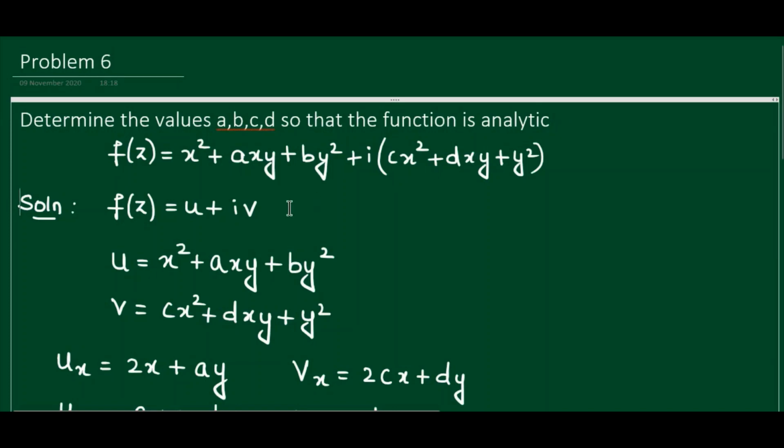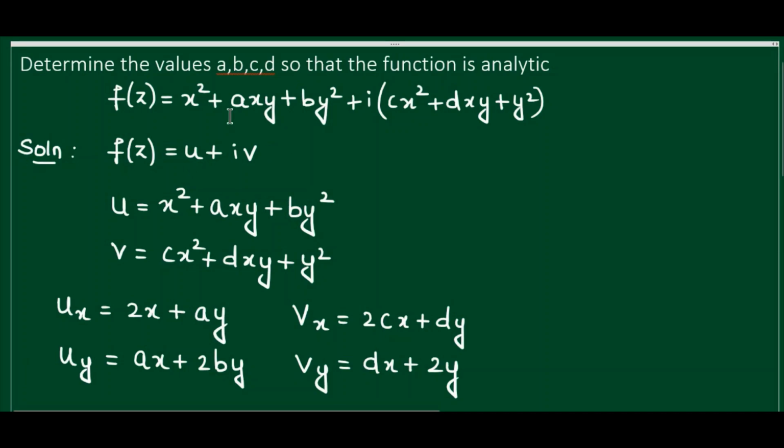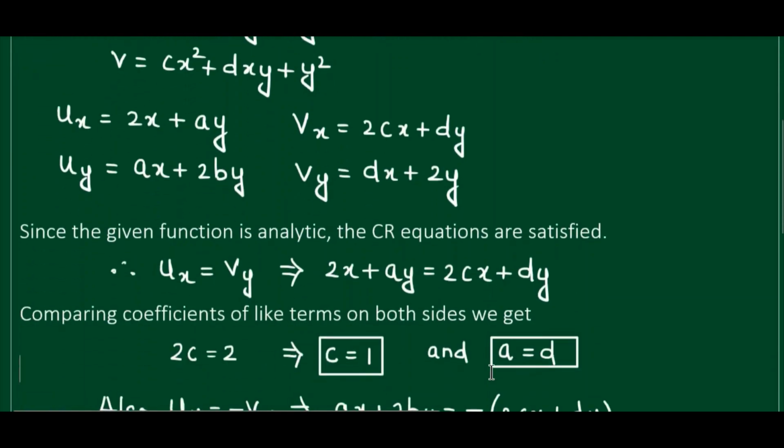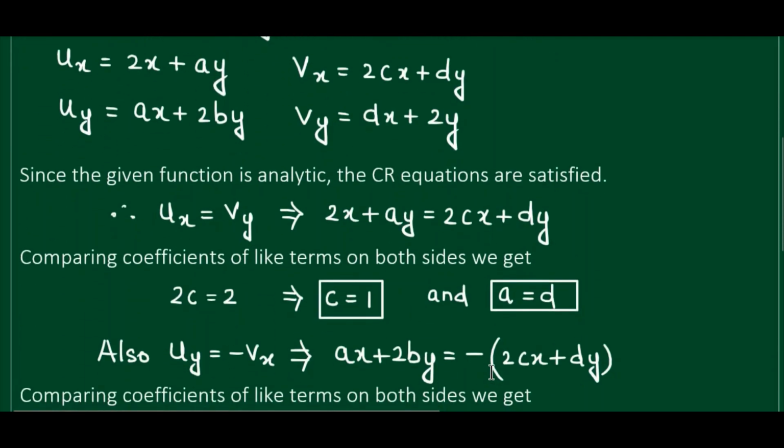So our purpose is to find out the real and imaginary parts u and v. After comparing u and v from this given equation, you get u and v, and then find out all the partial derivatives. Since the function is analytic, the CR equations are satisfied. Now equate ux equal to vy. After equating, comparing the coefficients of like terms on both sides, that is, here I have taken the coefficients of